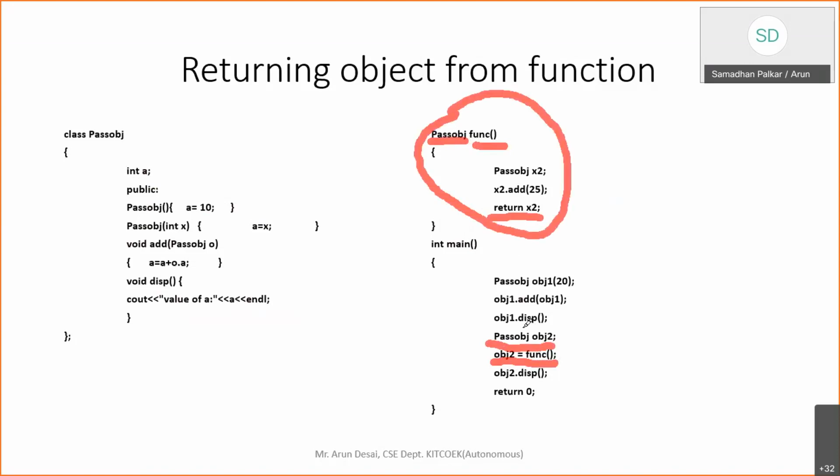So that thing is important. The problem is the same as what we were using earlier. One more addition here is just a function. Using that function, we are going to add another value, and we are going to return that object to the caller. Who is going to call? Here it is obj2. We are assigning this object to obj2, right? So this is simply returning from a function.